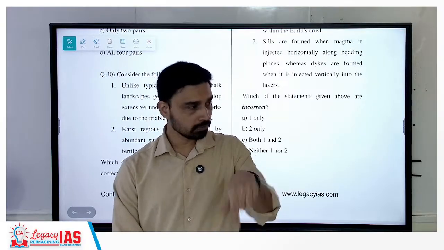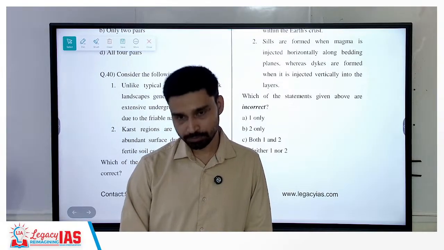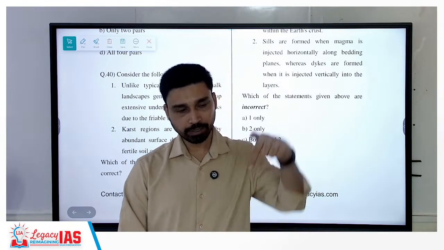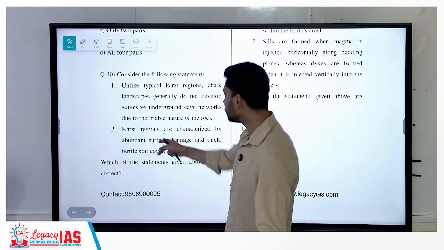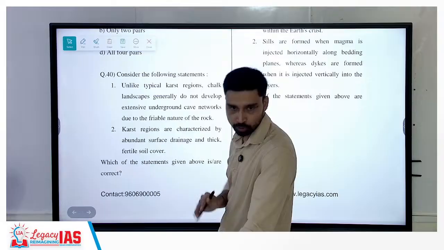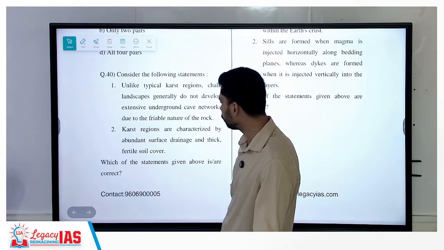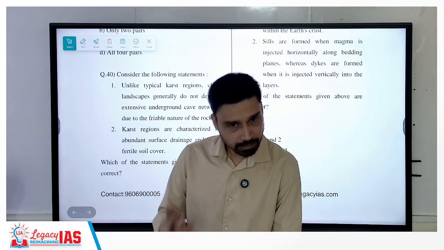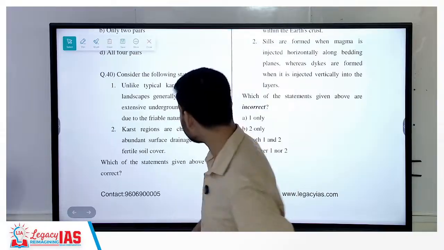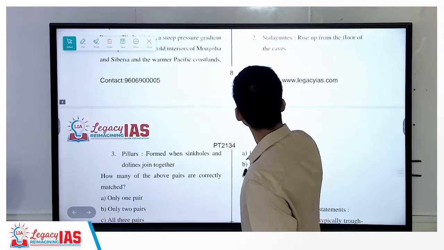Okay, they keep on eroding, or we can say this solution happens of the rocks. And where do they move? Right. So most of the drainage here is not at the surface but below the surface in cave-like structure. That's the uniqueness of karst. So big waterfalls or river stream movement, where would you see? Not on the surface but inside the cave. So what is the correct option? A. Okay, only one is correct here. The first statement is correct here.